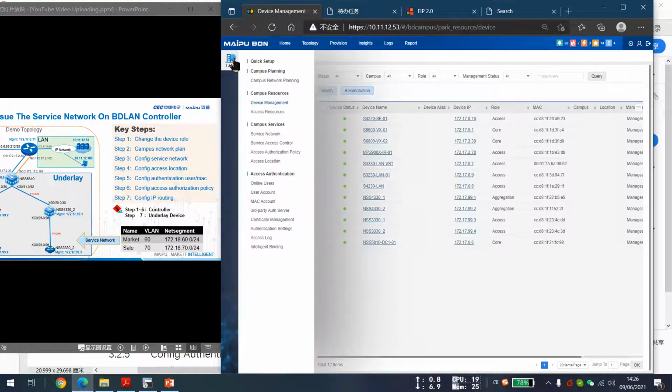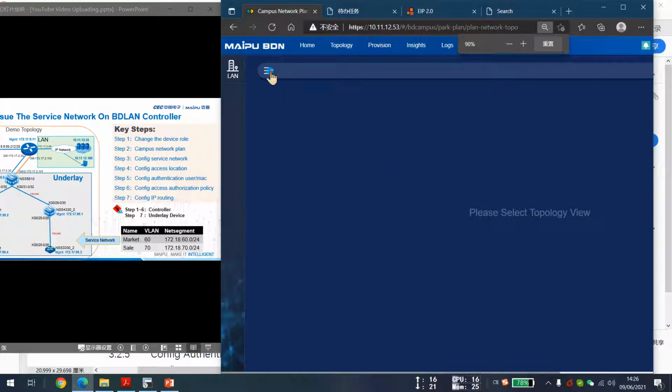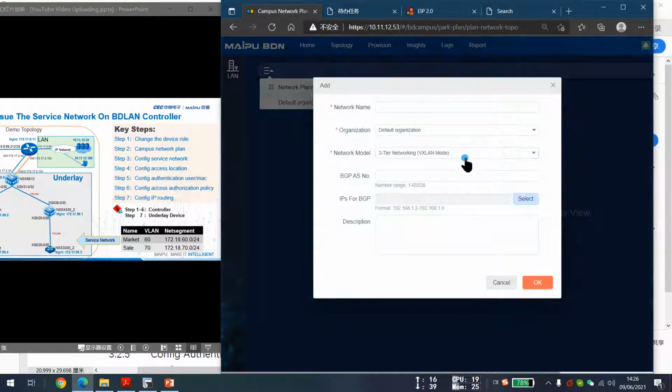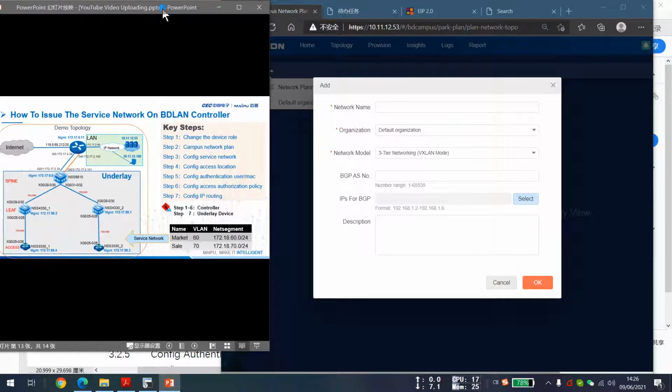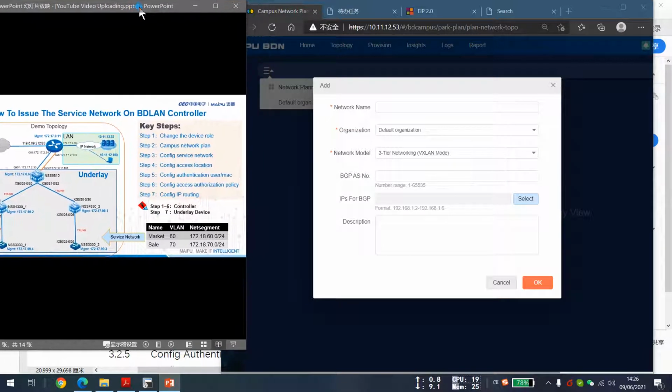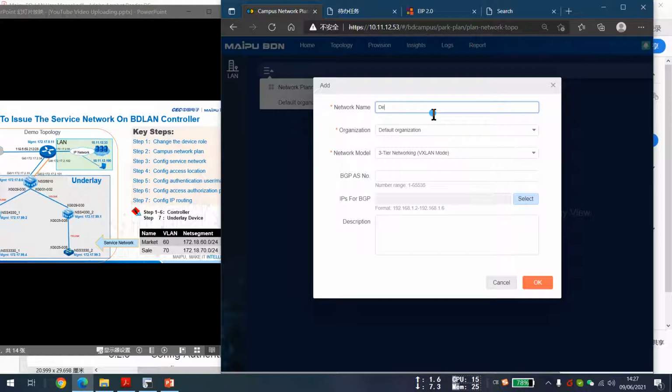Campus network plan. On the lab version panel, select the campus plan and select the campus network planning. And here I will create a new one. Here you can see the demo. The demo is a layer 3 network architecture. So here I need to select the layer 3 VLAN mode. The network name, here I use demo, and the BGP AS number is